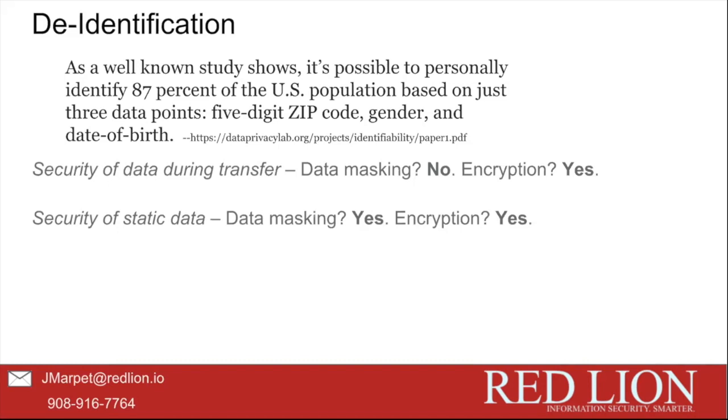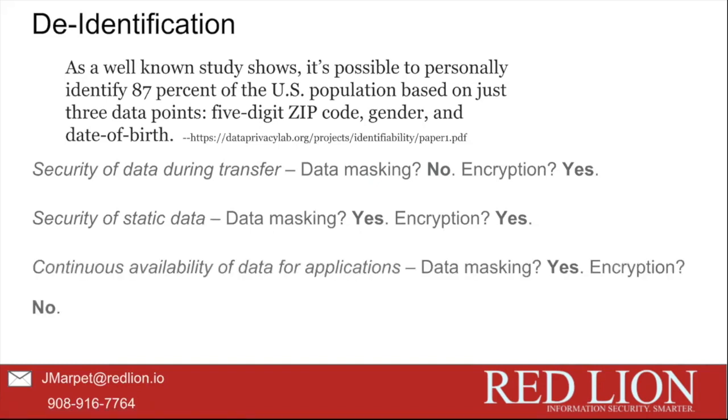Can we use data masking, which is pseudonymizing the data, enabling me to unmask it later if I want to? Is that good enough to protect it at rest? Yes, because I can move the key over in the corner, give it to Virgil, whatever, and it's protected. It's fine. The person who breaks in can't get at the data. If I encrypt it, is it protected? Obviously. Again, I can still give Virgil the key to that, and we're good. But here's the kicker.